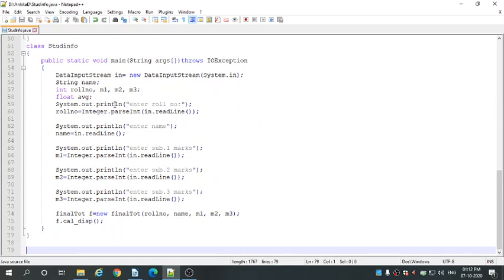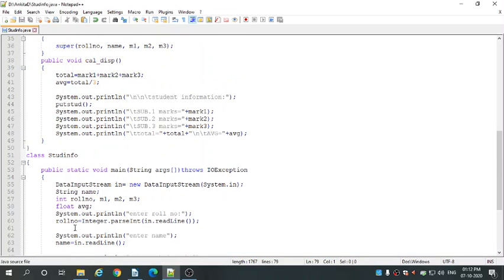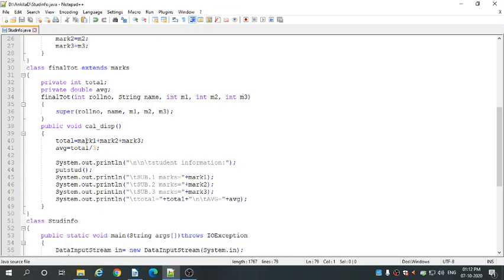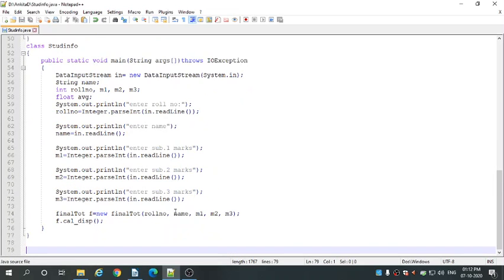So those values are passed, and then f.calDisplay. It calls the calDisplay method, which is present in the FinalTotal class, and it is printing this information like roll number, name, mark 1, mark 2 and mark 3, total and average result. At the last, we are closing the StudInfo class.